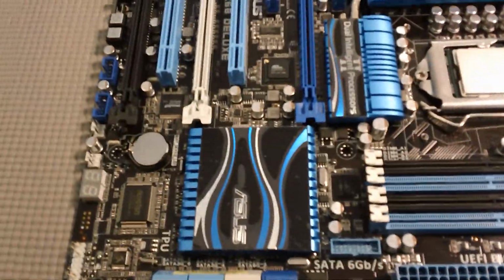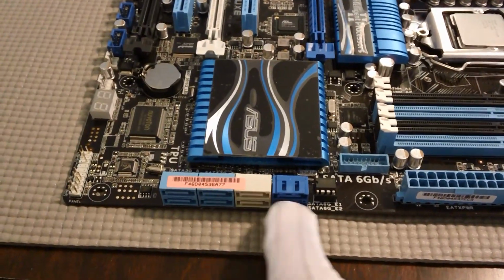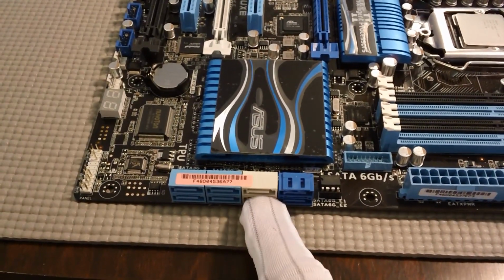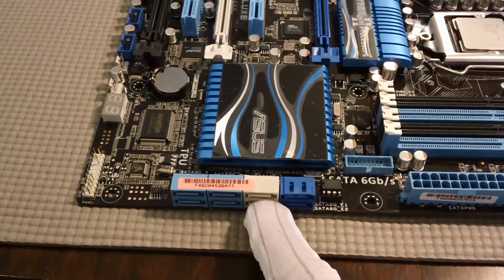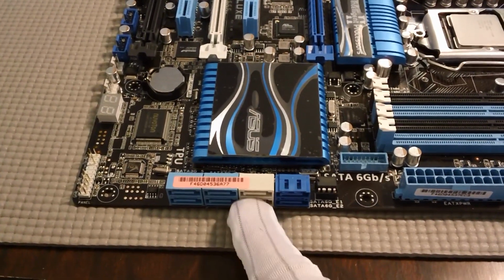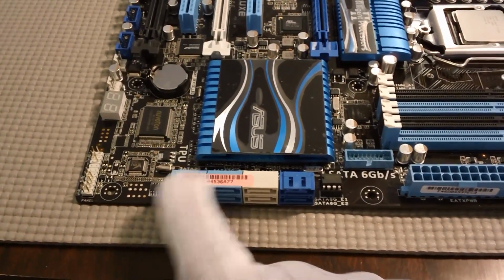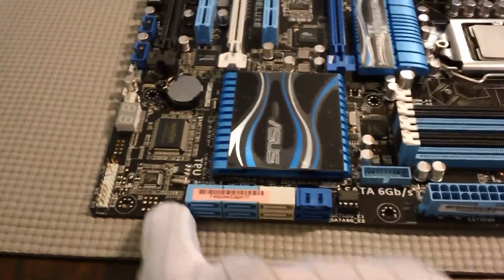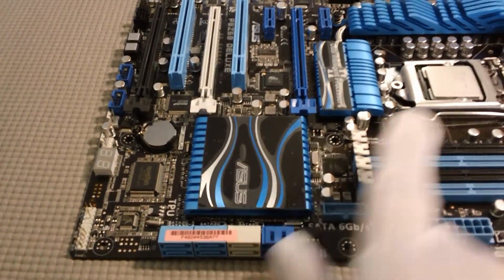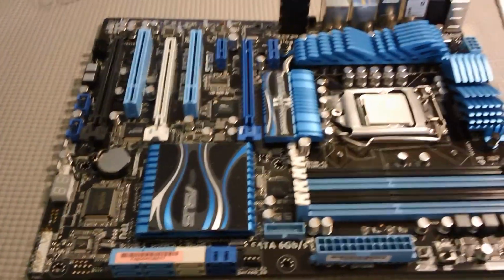to wire everything up. On this board, you can see it's pretty cool. They have 8 SATA ports, including 4 high-speed SATA 6s, which the new SSDs can access at that rate, which is, I believe, 500 megabytes a second. And then you have 4 SATA 3 ports, which, you know, for like your CD-ROM, pardon me, your DVD player and other things. And as of today, which is early November, 2011, this is state